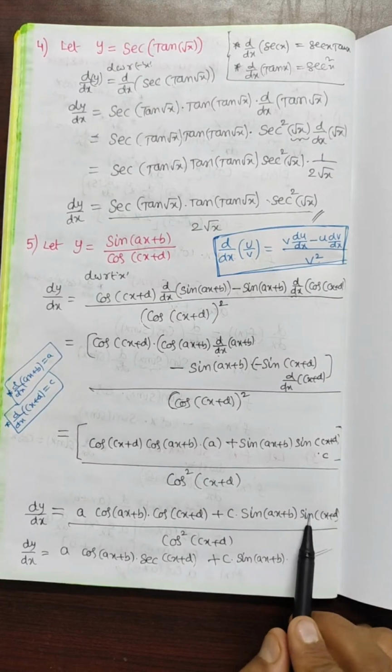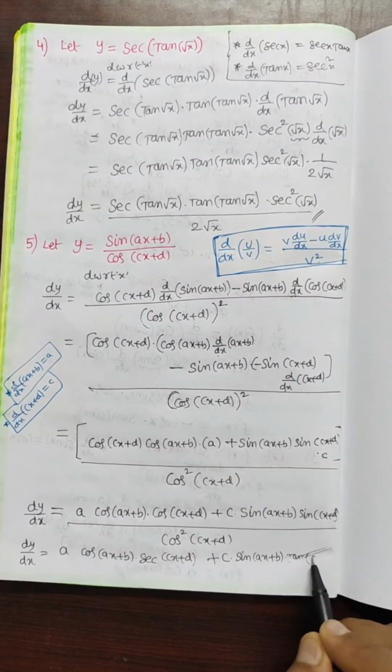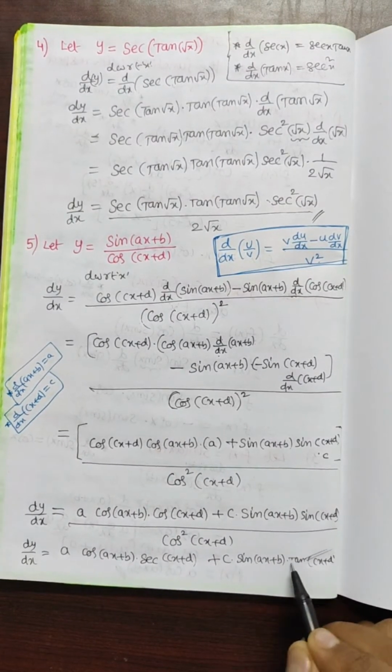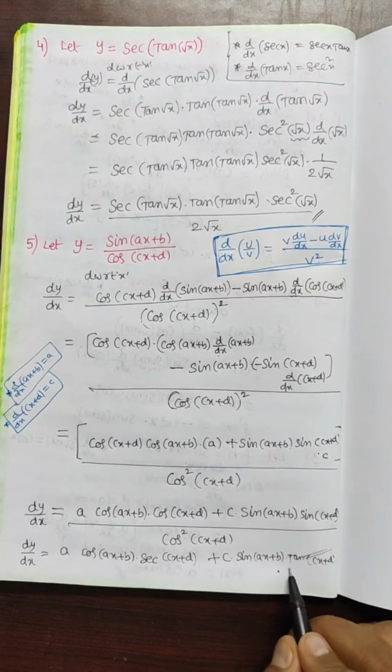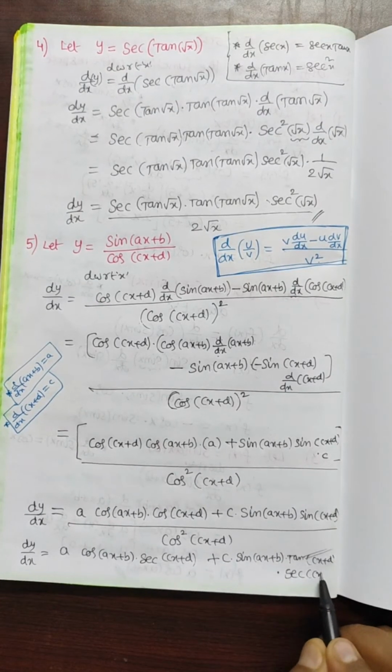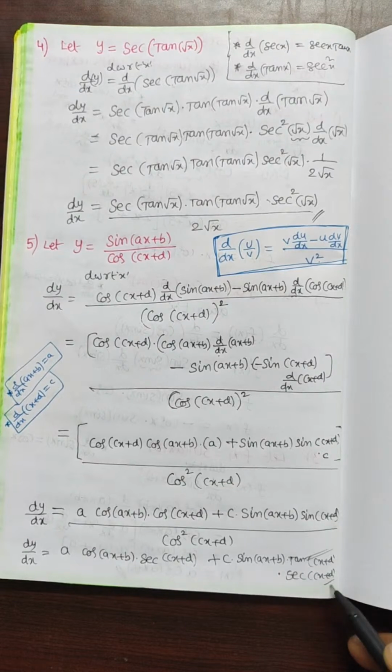So sin of cx plus d by 1 cos will become tan cx plus d into, here one denominator, one more cos is there, no, that is secant cx plus d. Even secant of cx plus d take common from both also we can do, does not necessary, you can leave it. Okay, question number